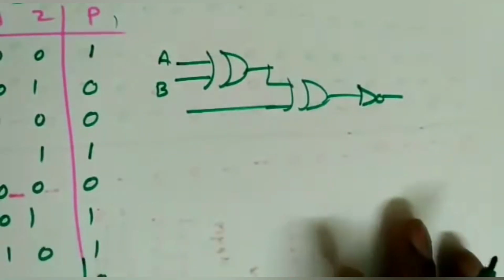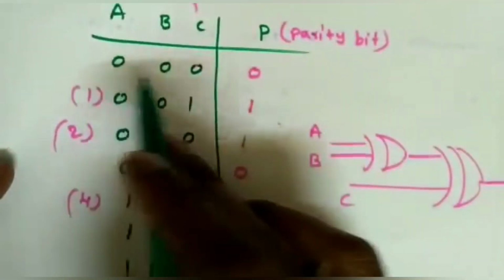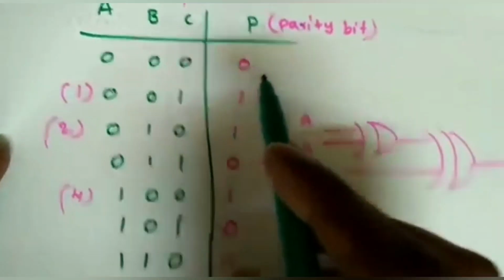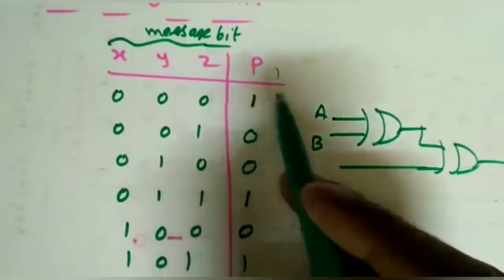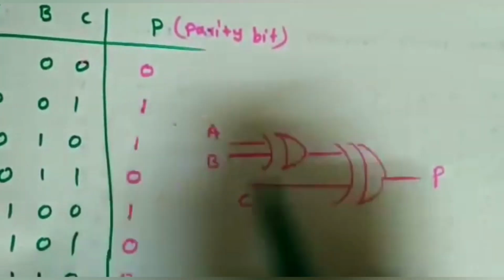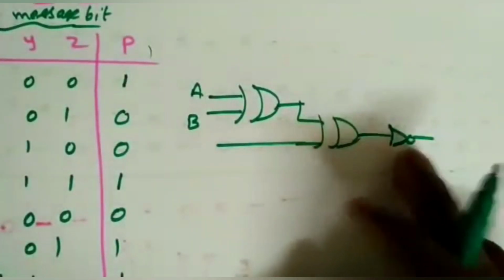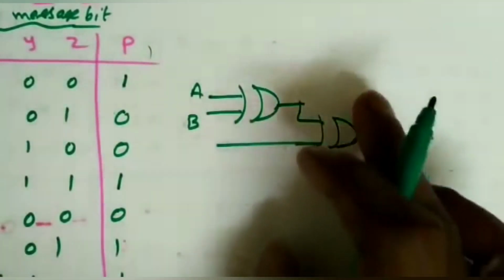If I take this odd function, or the even parity generator, whenever 000 is there we got 0, yes or no? But in the odd parity generator we got 1 here. So this is just the opposite of the even parity generator, or the opposite of the odd function, or the complement of the exclusive OR function. That is the reason why I am putting one NOT gate at the output of this one.